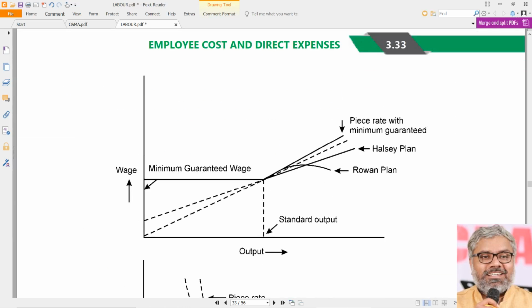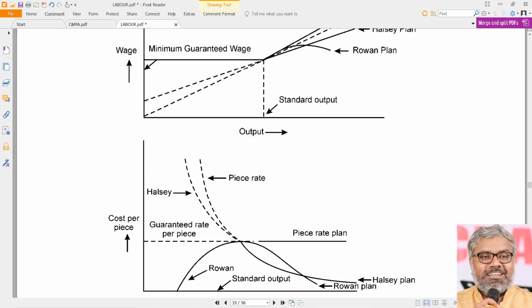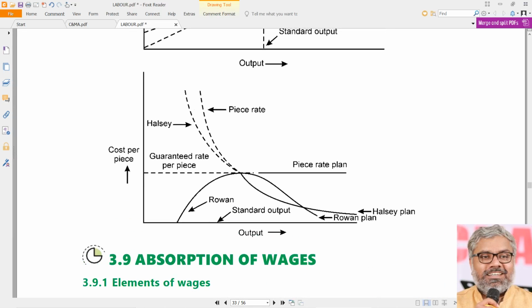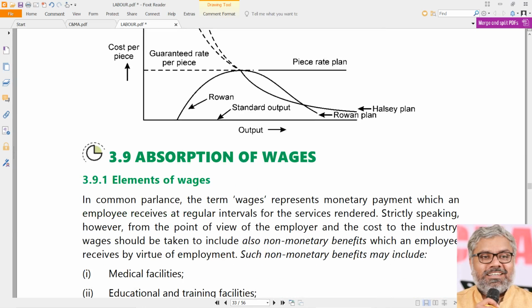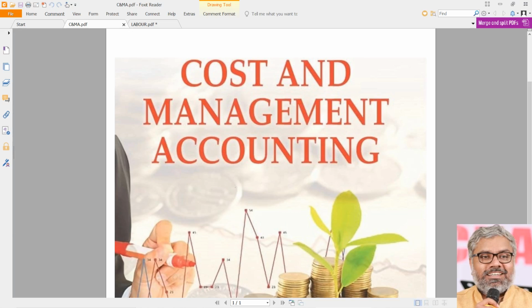That's only for understanding purposes, more of a theory question we can say. And that is all given with the graphical understanding, not that required. Nobody is going to ask us to draw the graphs. That is not required. That's enough about Halsey and Rowan. With that, we can conclude today's session, and in the next session, we'll continue the discussion of some more aspects